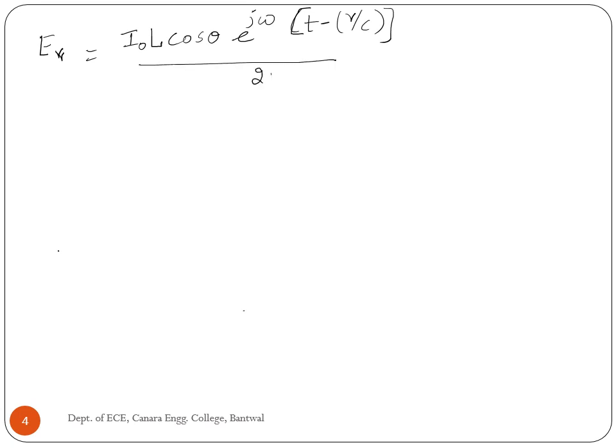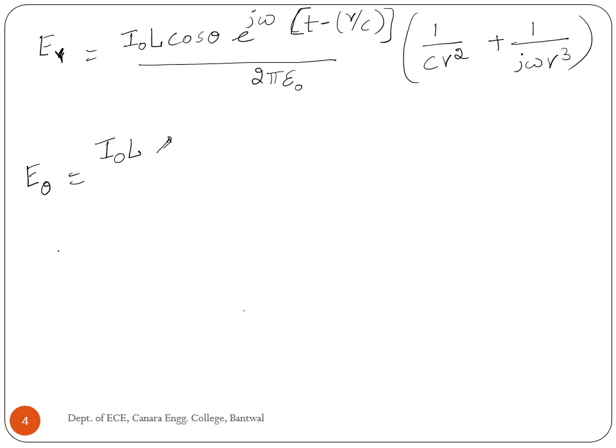The E_r component is given by I0 L cos θ e^(jω(t - r/c)) divided by 2π ε0 times (1/(c r²) + 1/(jω r³)). The theta component is given by I0 L sin θ e^(jω(t - r/c)), where I0 e^(jω(t - r/c)) is the retarded current,